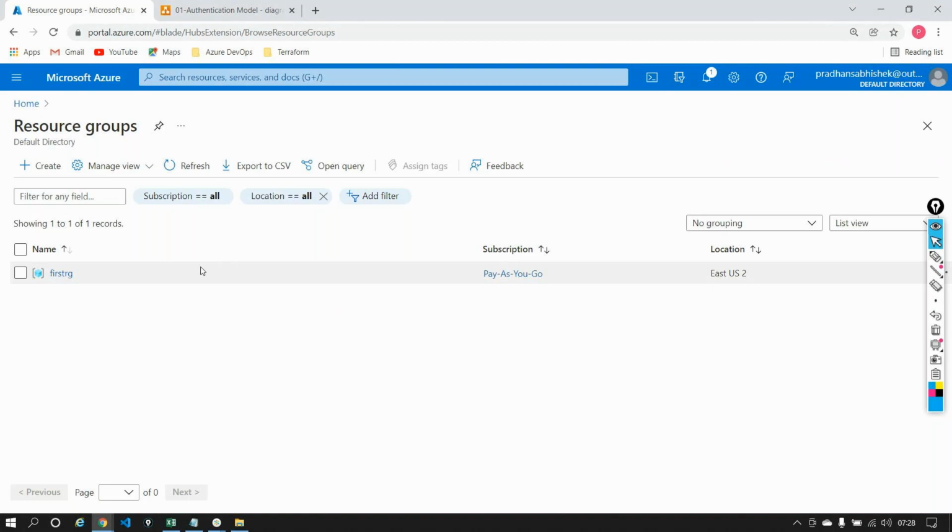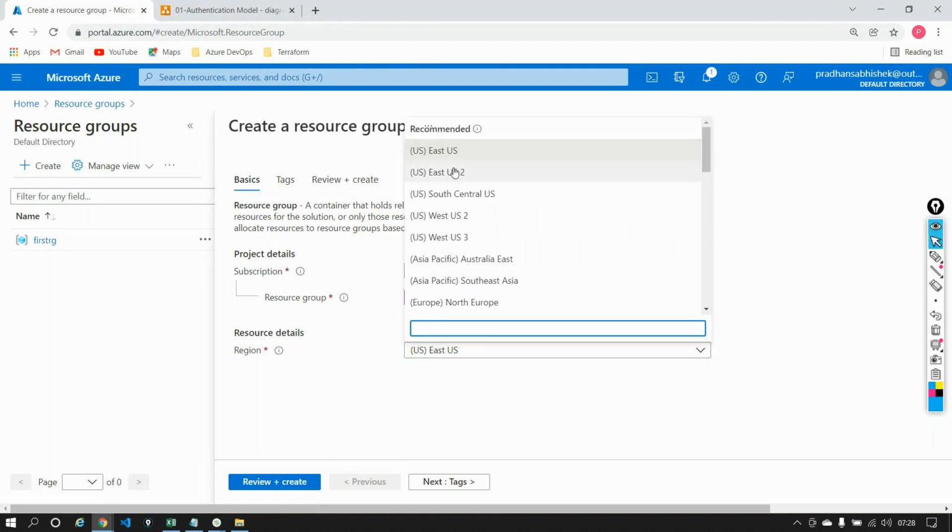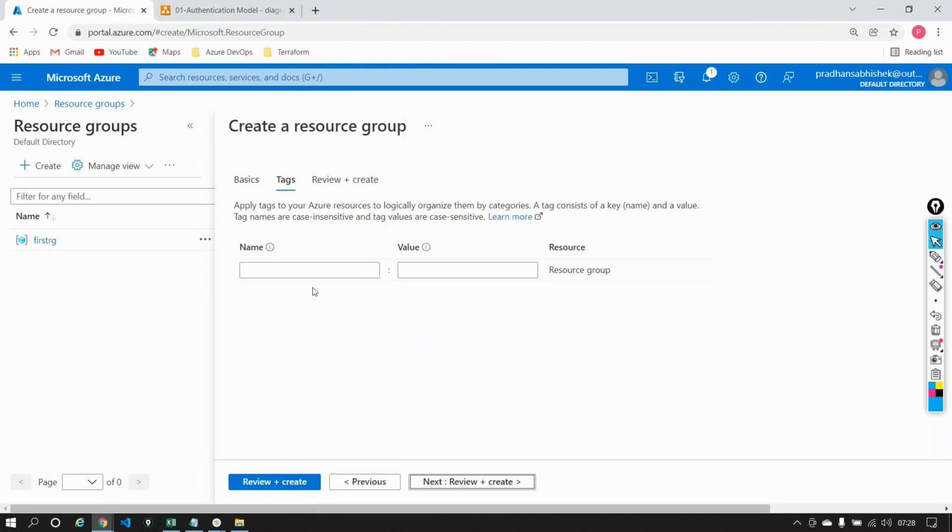Okay. Now, if I want to create something like a second resource group, let's say, come down out here and I will say second RG, same thing. So project name and etc. East US 2. And let's say this is a team, and this team is for QA, for the QA team or the testing team and etc. So I'll say testing.